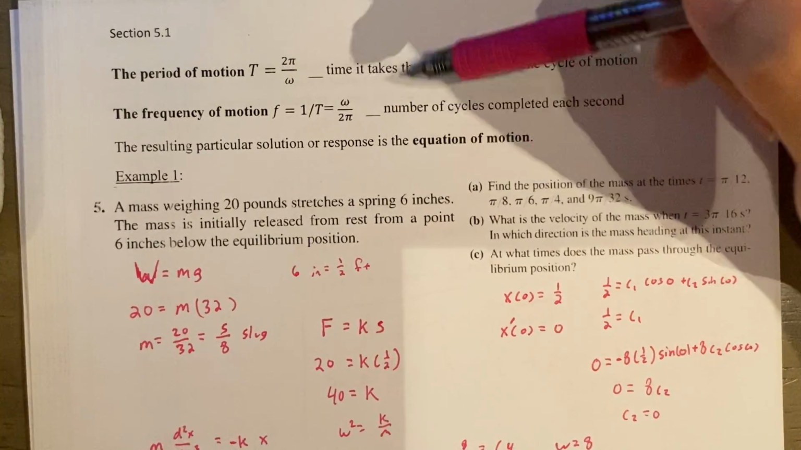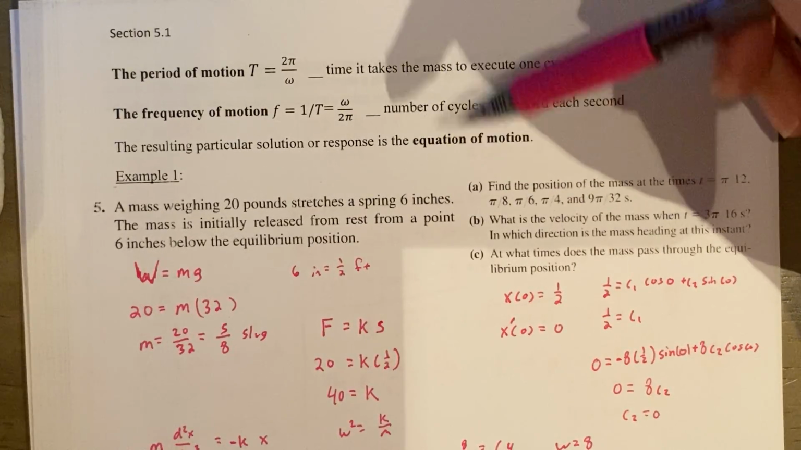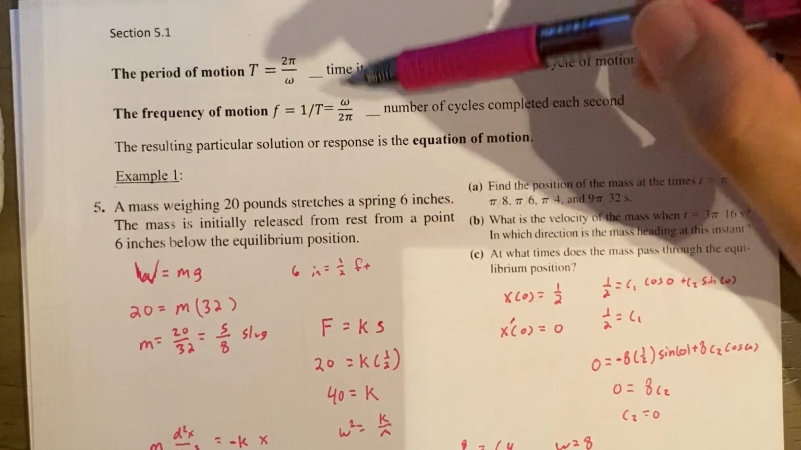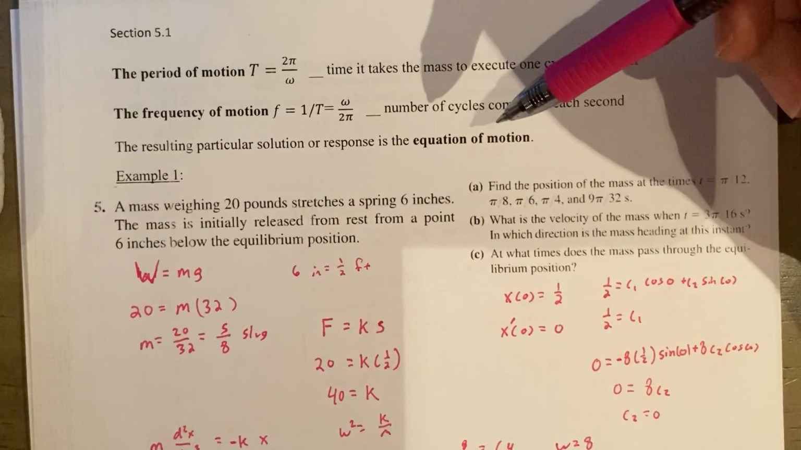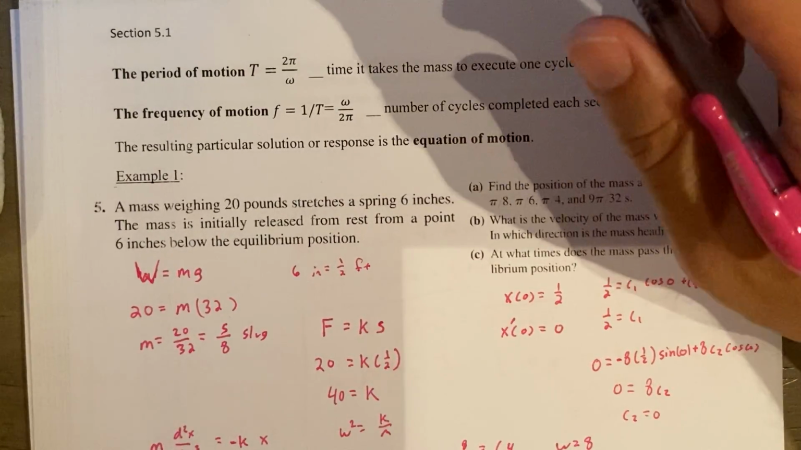Again, because you have the spring going, it's going to be going up and down. The resulting particular solution or response is the equation of motion. So here we have example 1, and the first thing that we're going to be finding is going to be our